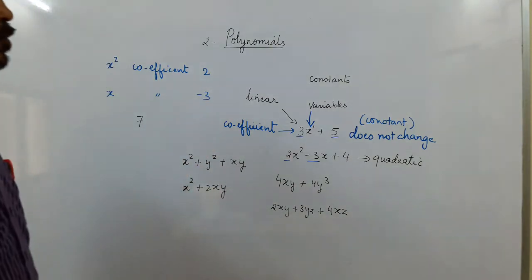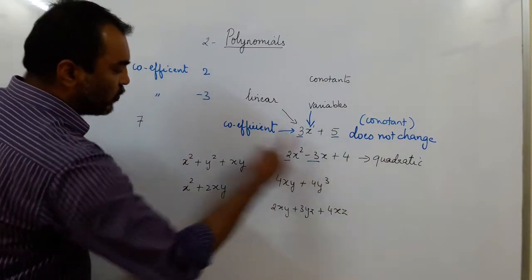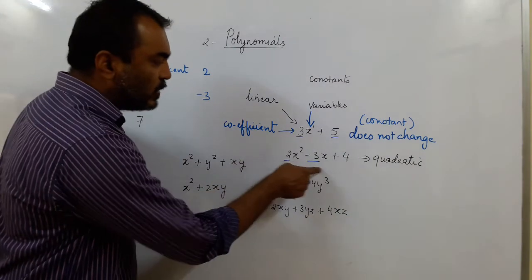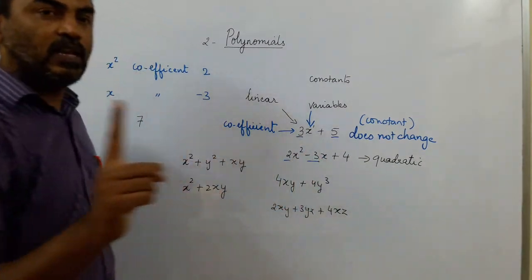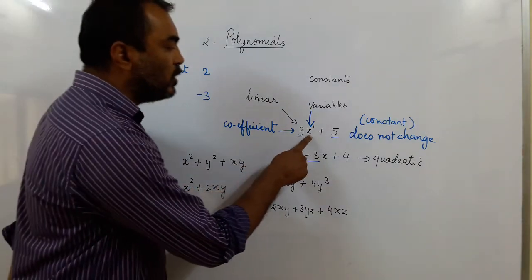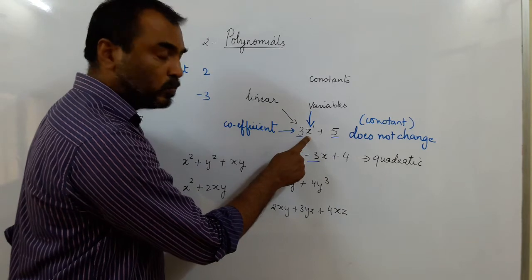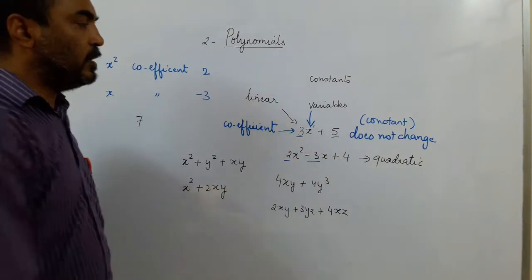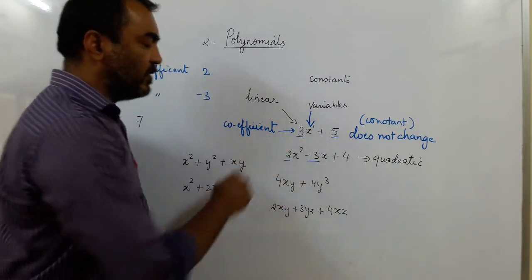And what other thing do you notice here? What is different in these two equations from the others? You will notice these equations have only one variable x. Only one variable x means when you put the value of x, you will get an answer. Say I put x equal to 2. So 3 2s are 6, 6 plus 5, 11. When I put x equal to 2, the value of this polynomial is 11.